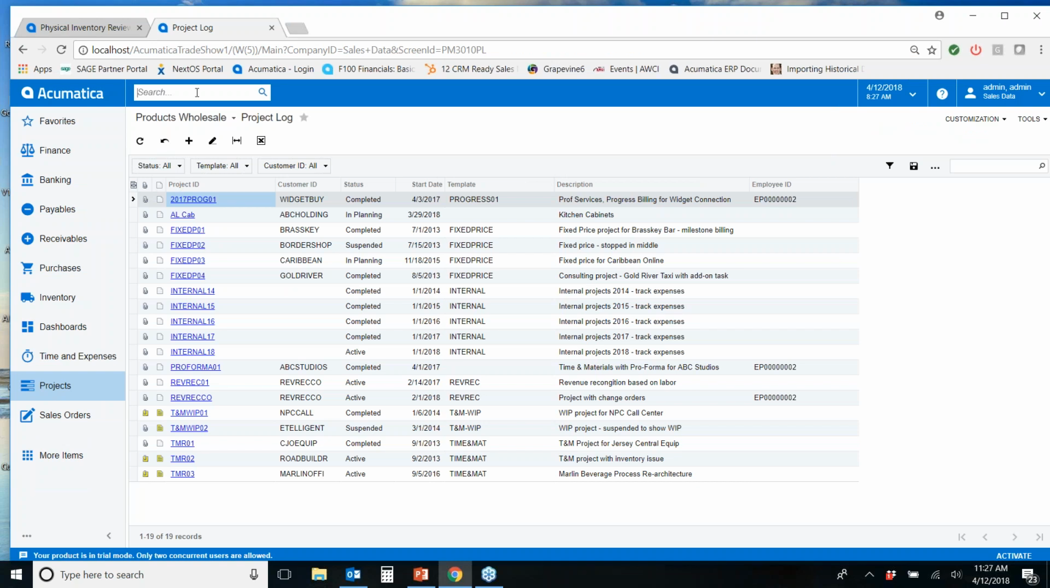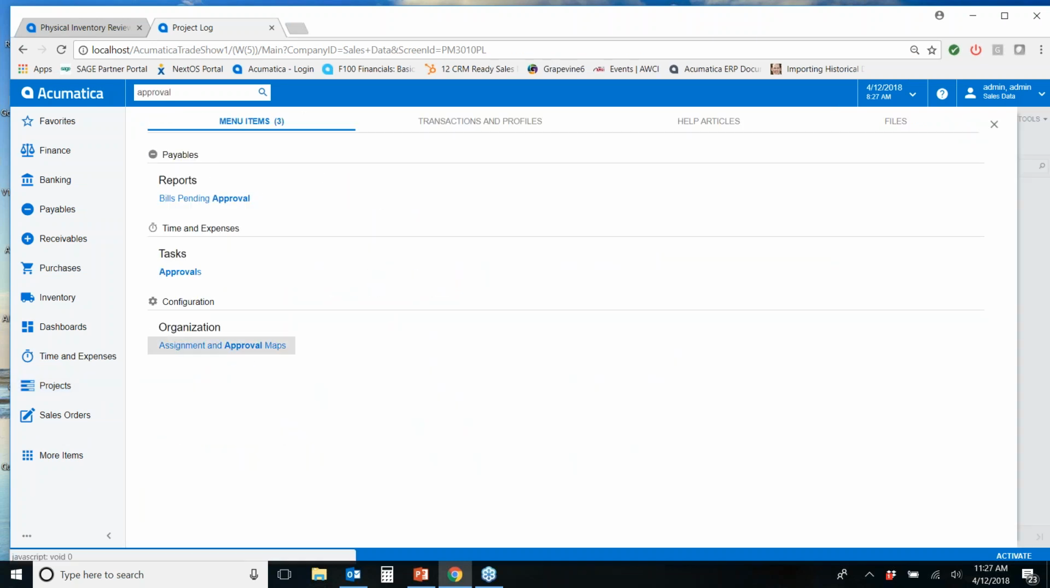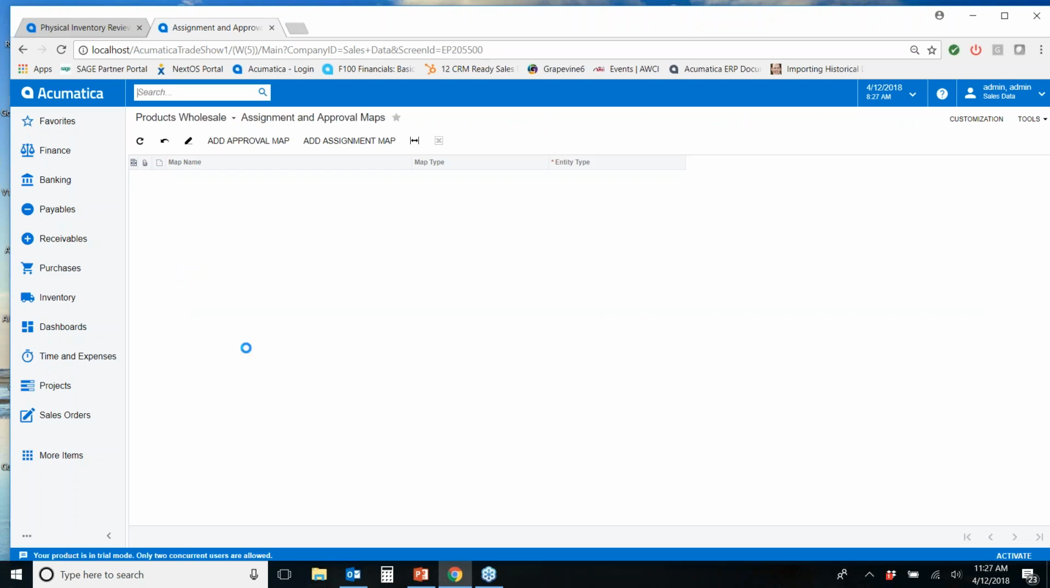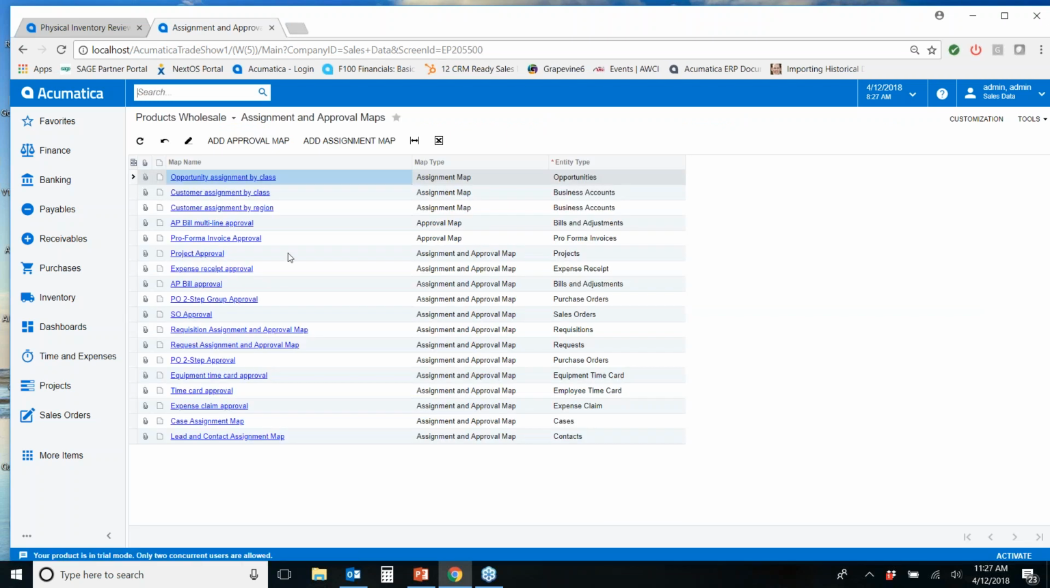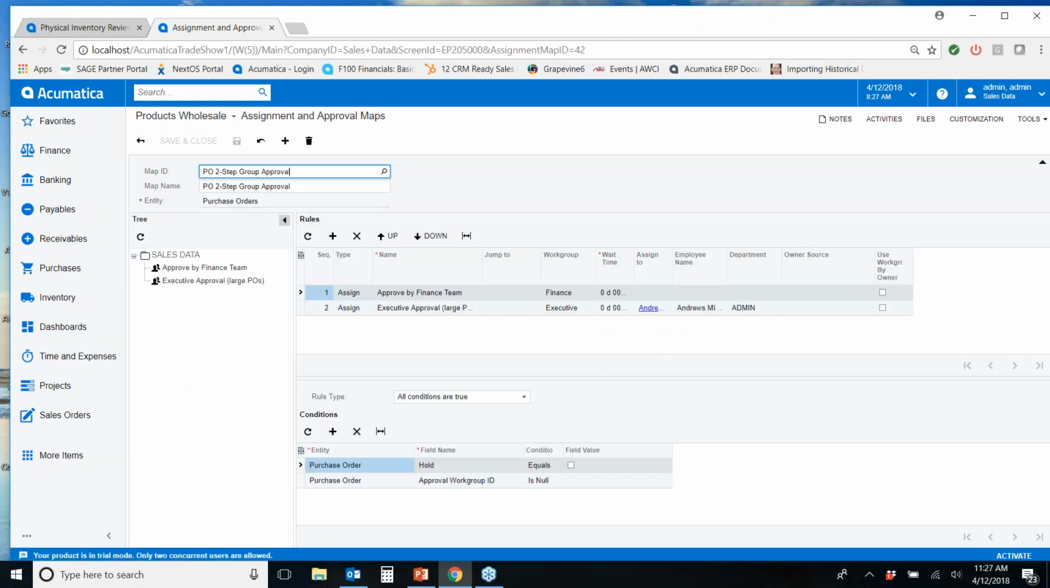So I talked a little bit about approval maps, and if I look at an approval map, we can set these up on a variety of different things. So maybe you want to have purchase order run through an approval process or an AP bill go through approval process. We come set up with a number of approval maps in the system. You can edit these. You can add new ones if you like. But if you look at like a PO 2-step approval, maybe you've got a certain PO level that says, hey,